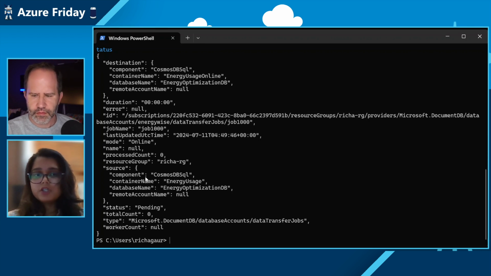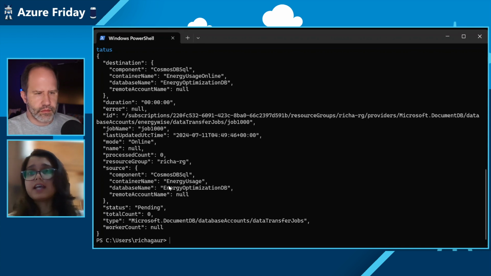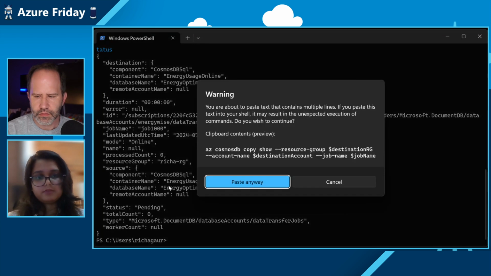So once that is done, you'll have to call the completion API in this scenario, because since this is a live copy, we cannot know whether your copy is complete. So you'll have to call the completion API in order to do the cutover from your application to the new container. So I'll just show you how to